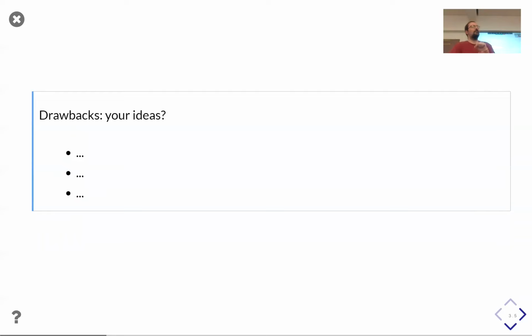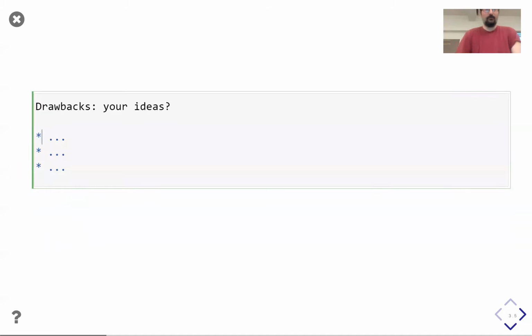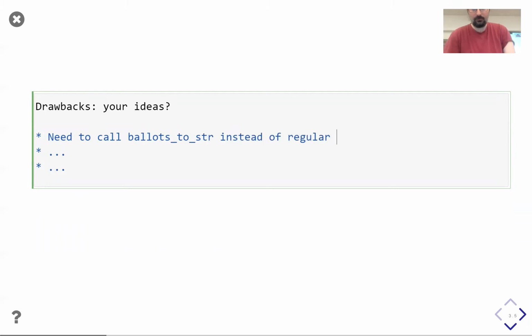I mean, if you were to print the ballot, you would have to call the function explicitly instead of using the convention, the magic method. Right. And also the readability. If you do the dispatch with isinstance and so on, but in this case, you could use the single dispatch algorithm from functools, maybe.